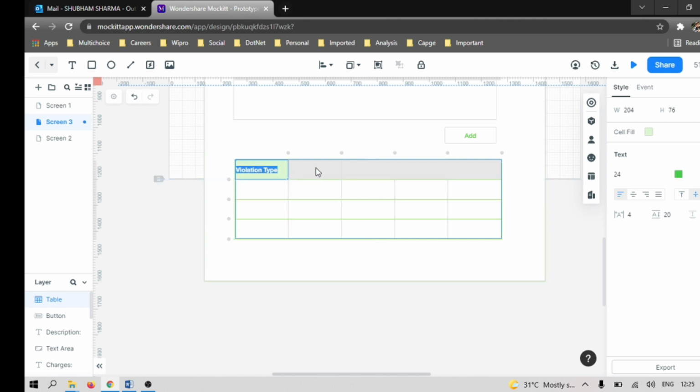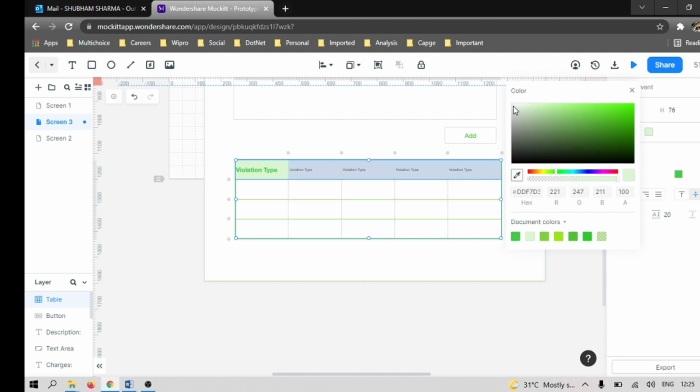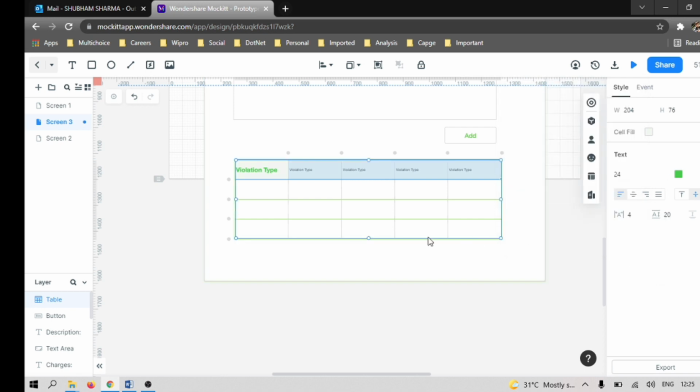Control C. Control V. Control V. Control V. Okay. So what can we do? We can make the changes for this. Cell fill. Make it white. Okay. It will look good.